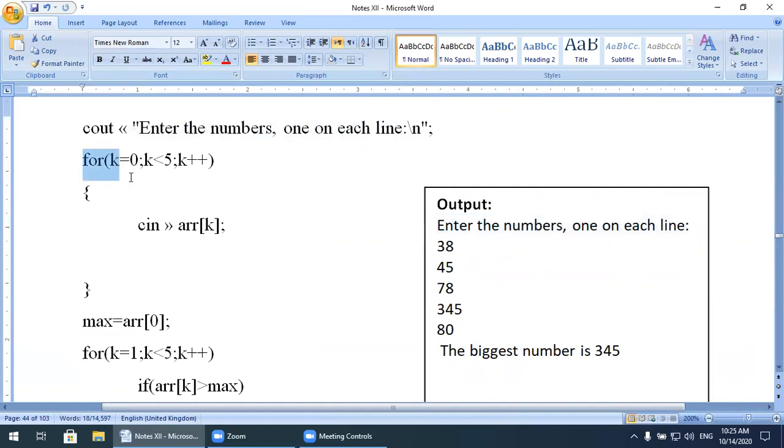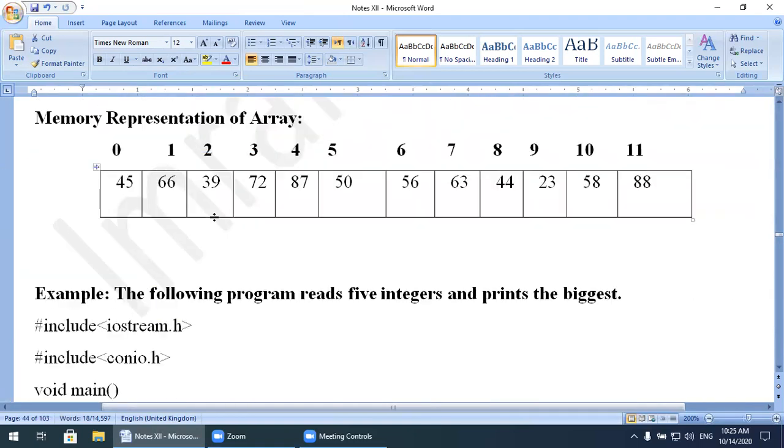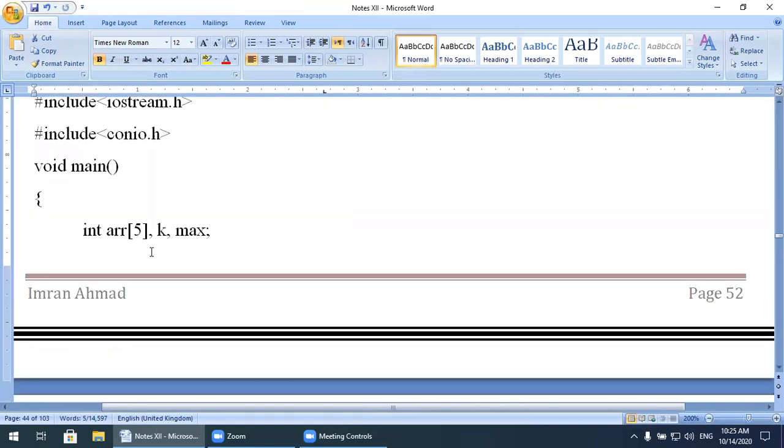k is equal to 0. Why do I start with k equal to 0? Watch here, the index number starts from 0 and it will end at 4. Why will it end at 4 if I start from 0? Because there are a total of 5 elements I want to store in the array variable.